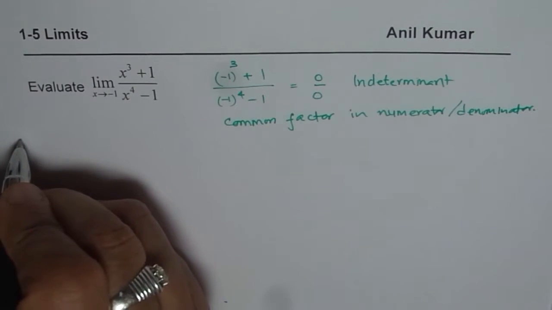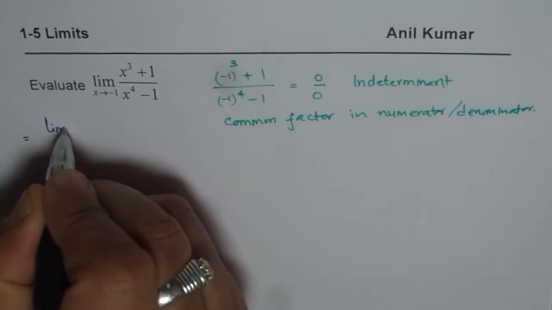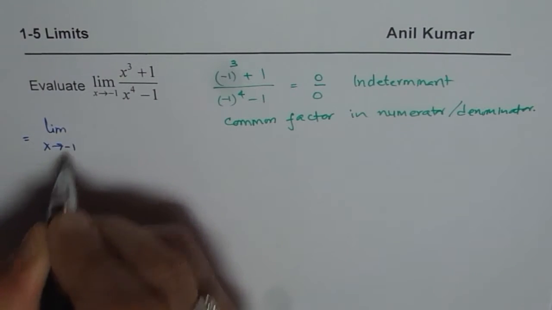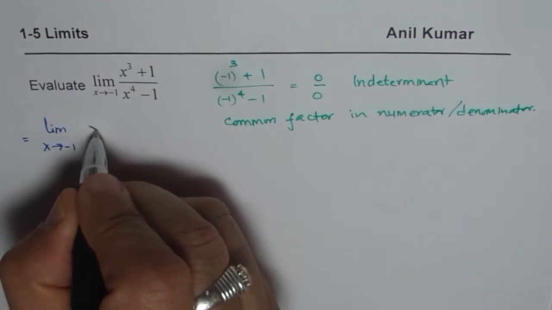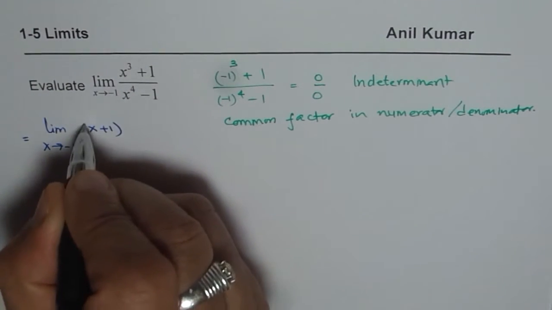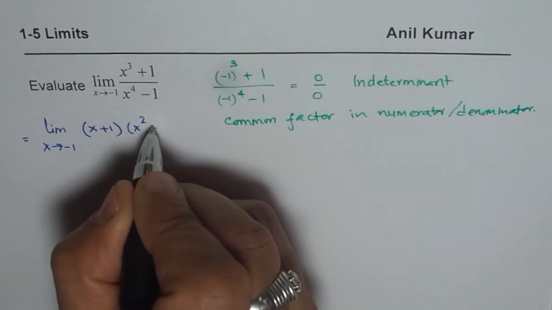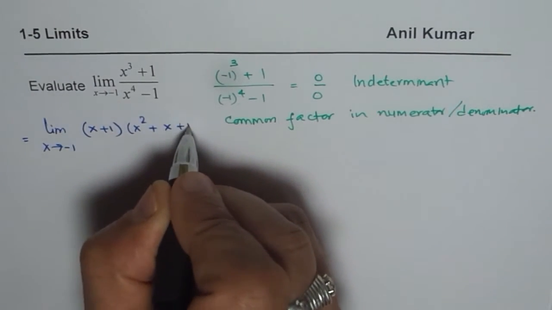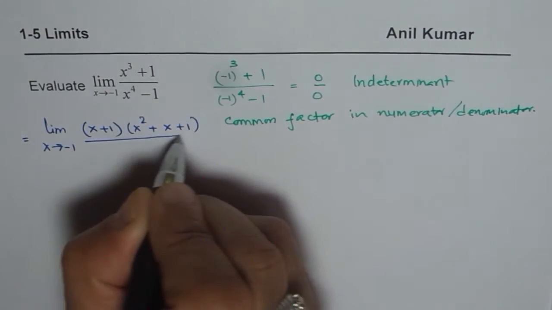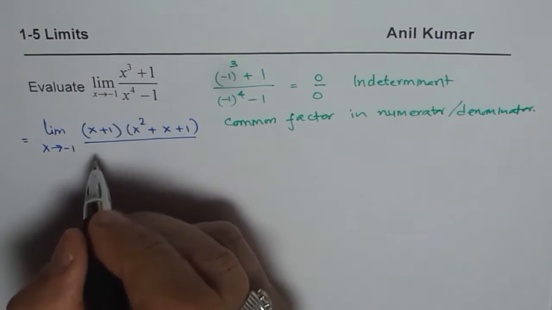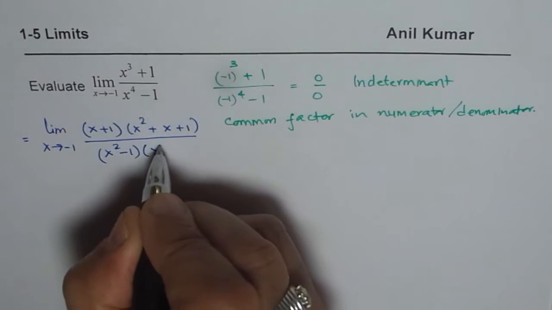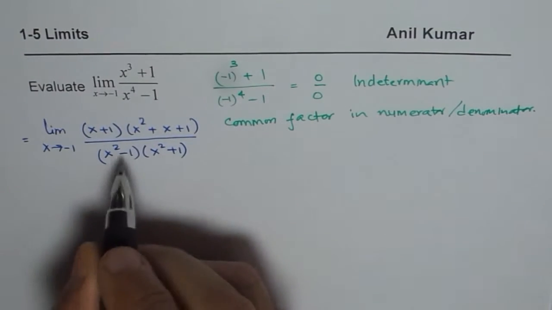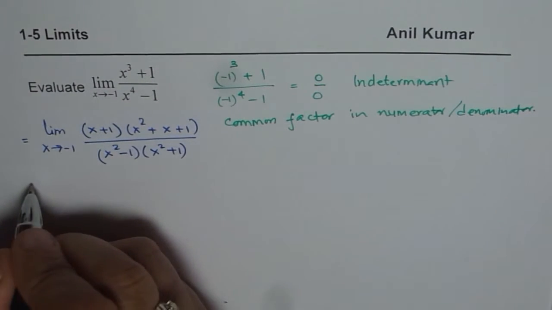So we could write this as the limit as x approaches minus 1. It is a cube plus 1 cube. So I could write this as (x plus 1) times (x squared minus x plus 1), divided by, here we could apply the difference of squares. So I could write (x squared minus 1) times (x squared plus 1). We could further factor this. So we get the limit